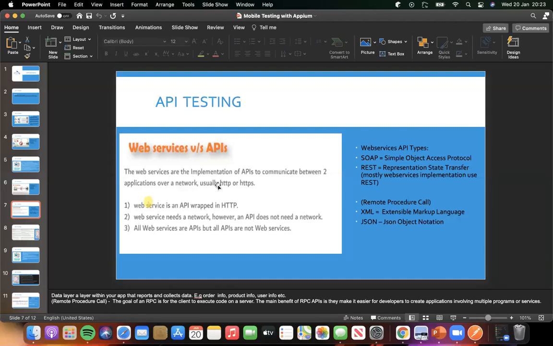Now there are different types of web services API. The two common ones are SOAP, which is the Simple Object Access Protocol, and REST, which is the Representational State Transfer. The Representational State Transfer is mostly used for implementation of web services. So you need to understand this